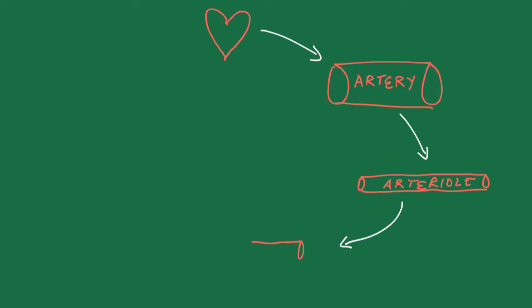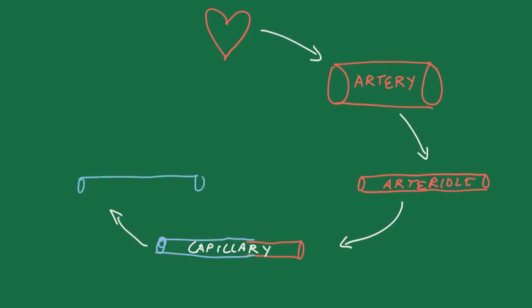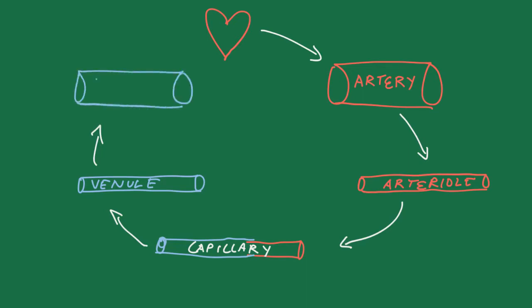The arterioles bring the blood into the capillaries. The capillaries are the junction between arteries and veins. This is where exchange of gases takes place. From the capillaries, the blood flows into venules. Venules are little veins. Again, the LE at the end indicating small or little. From the venules, blood flows into increasingly larger veins until they reach the vena cava, which finally bring the blood